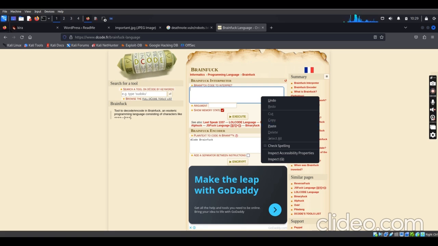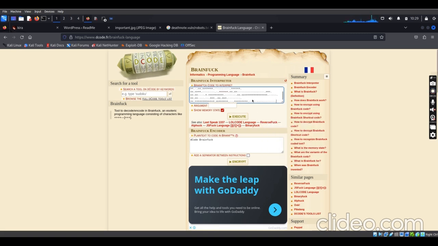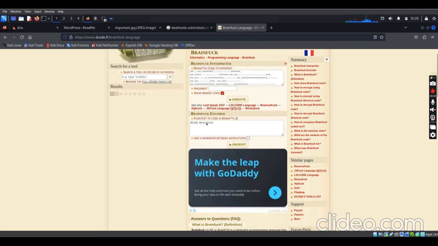When I paste it, I execute it here like this. Then here we'll watch the result of it.